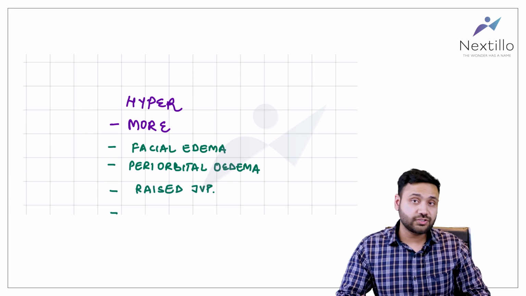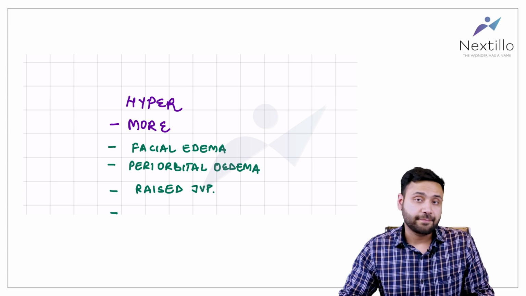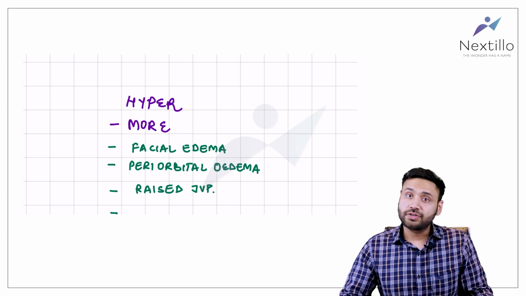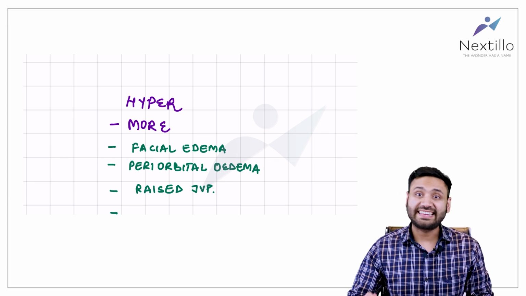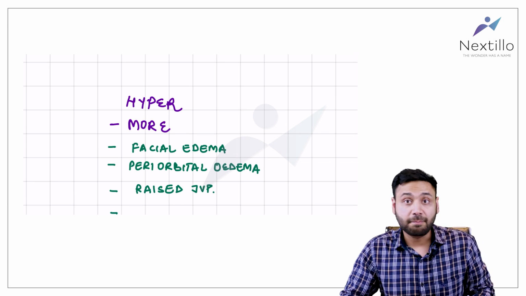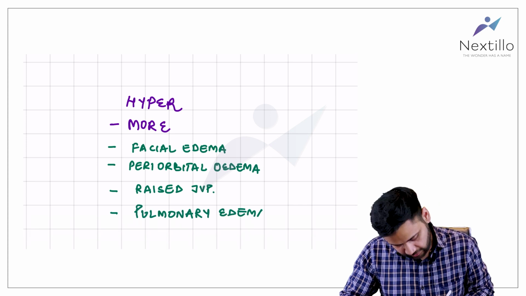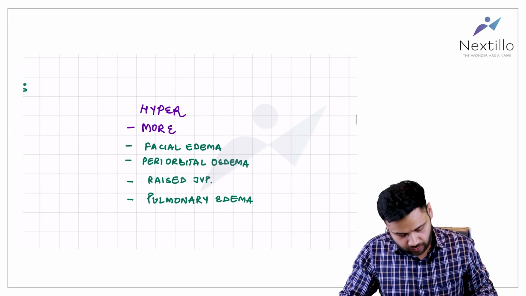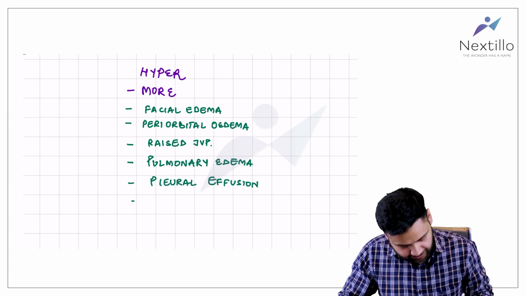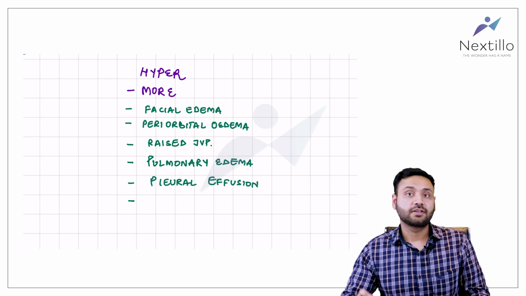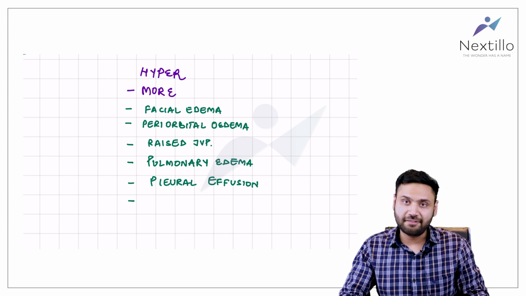Now if you move towards the chest, what would you find? The fluid would be deposited around the lungs and in the lungs. Now if it's in the lungs, it would cause pulmonary edema. And if it's around the lungs, what would you expect? Pleural effusion. And if it's in the abdomen, the fluid would be deposited in the peritoneal cavity and there it